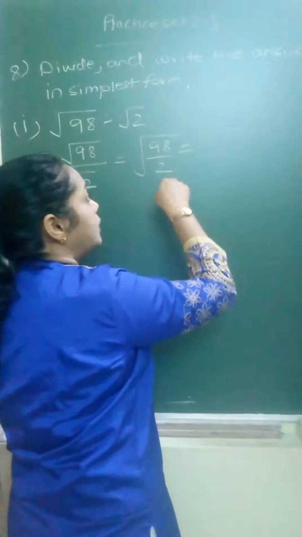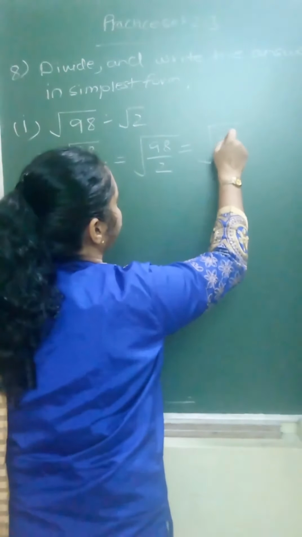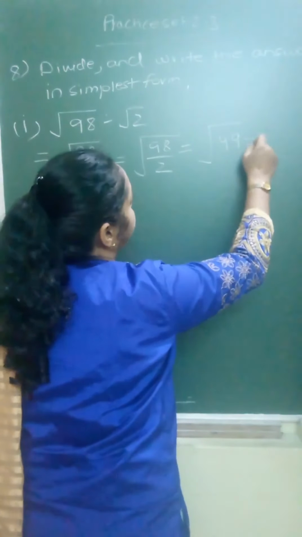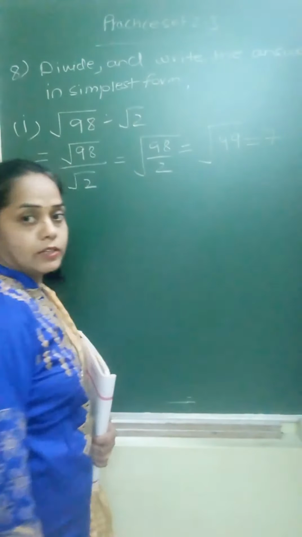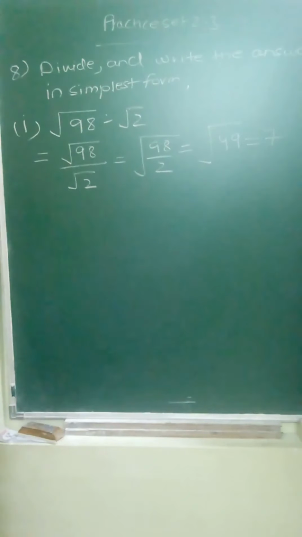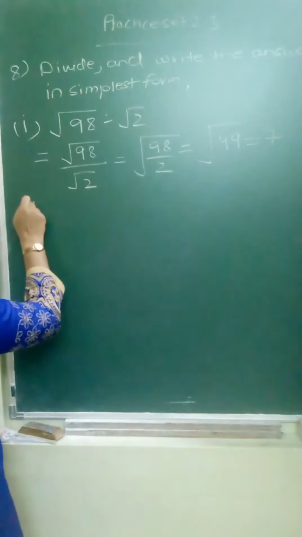Then you know that 98 divided by 2 is 49. So we can write square root of 49, and square root of 49 is 7. So this is the answer. So in this way you can solve this question. Now question number 2,